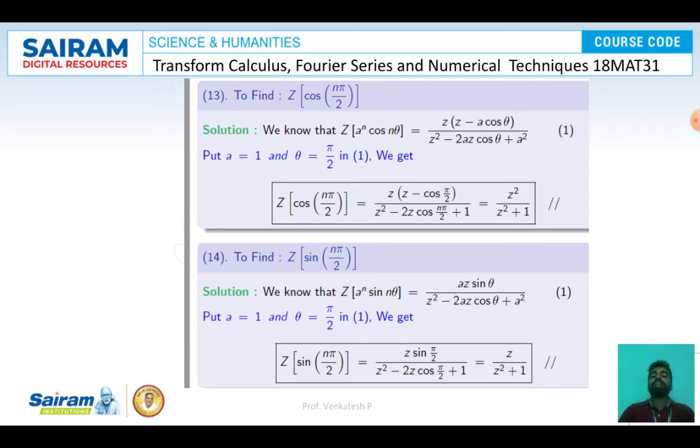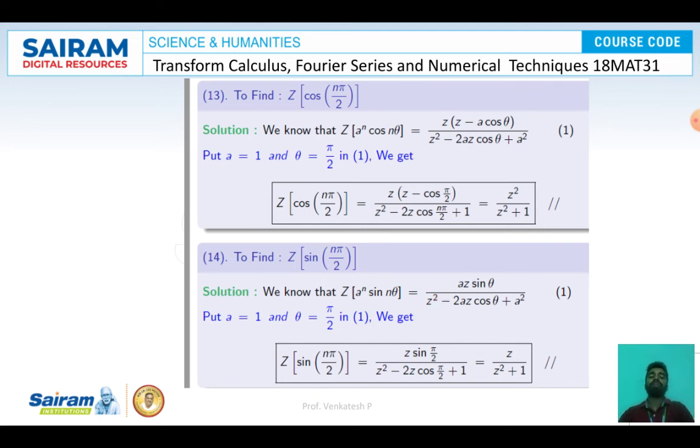So next one is z transform of sin n pi by 2. So here to simplify this, the formula is z transform of a power n sin n theta is equal to az sin theta divided by z square minus 2az cos theta plus a square. I am going to use this. So here also I am going to replace a is equal to 1 and the angle as pi by 2